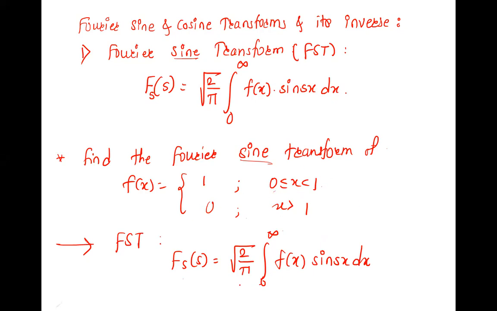We have integration 0 to 1 and the corresponding function is 1. So it is root 2 by pi, integration from 0 to 1, function is 1 into sine sx dx. So you have to solve this integration. What is integration of sine? Minus cos. Right. So it is root 2 by pi